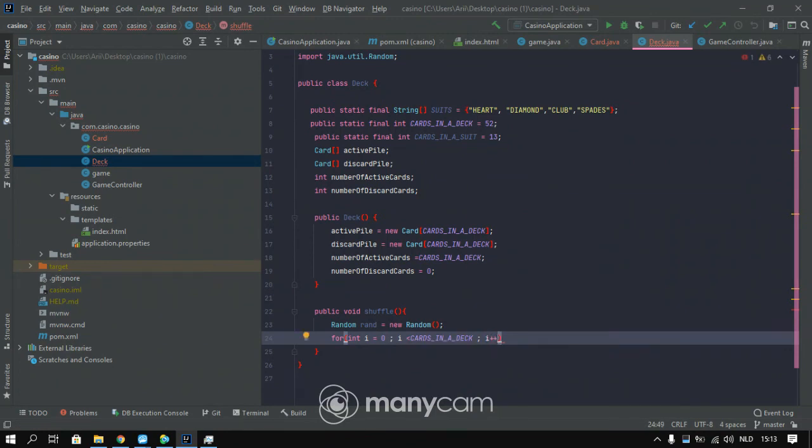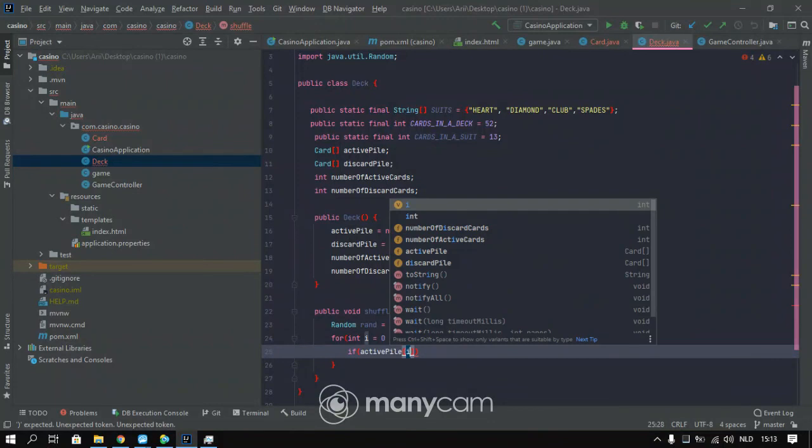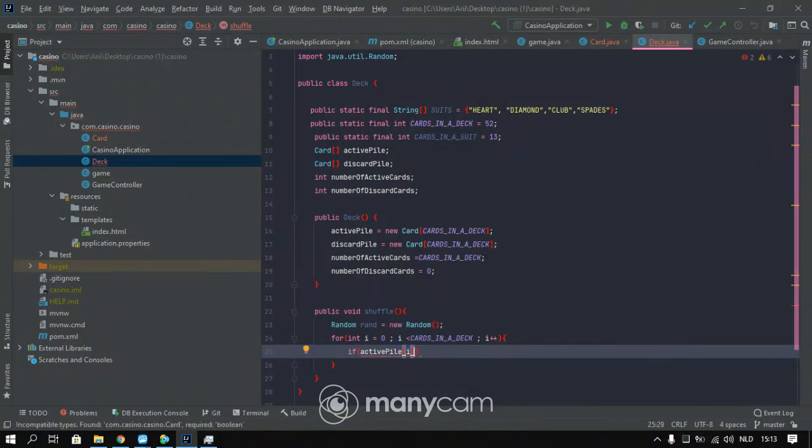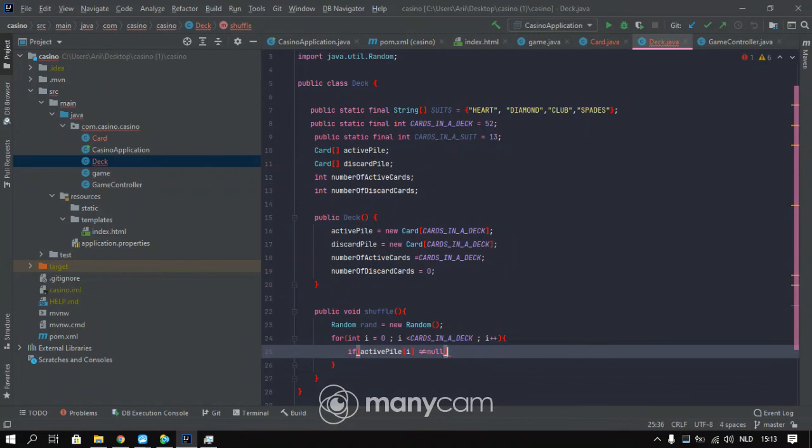But one thing here: if active pile i is not null, with other words, what you're doing,